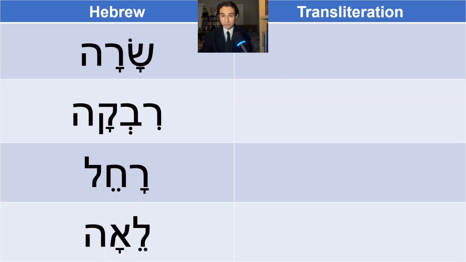Continuing with the matriarchs. So, this first one, Sarah. Sarah. And if you recall, this is the name change. Her first name was Sarai, which was basically the Shin, the Resh, and the Yud. That is a cursive Shin. I'm sorry if I scared anyone. It's pretty bad looking too. Let's just say it's a Shin, Resh, and